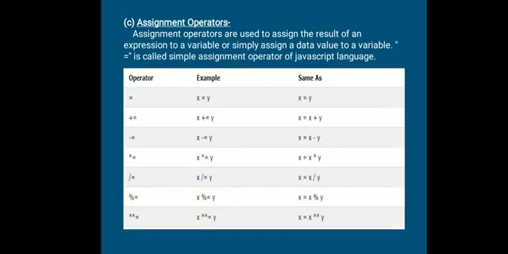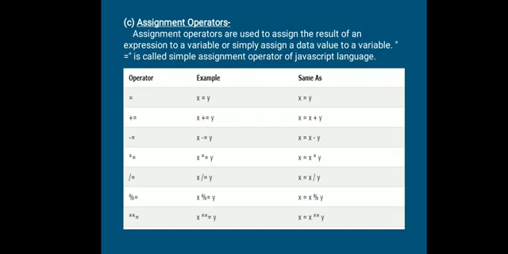Now, assignment operators. All of you know equal to is an assignment operator. When I give a value, that value will be assigned to a variable. Now, here we'll see shorthand assignment operators. These shorthand assignment operators are used when we have the same variable on the left side and right side of the equal to. For example, you have seen plus equal to, minus equal to, into equal to, slash equal to, modulo division equal to, and exponent equal to.